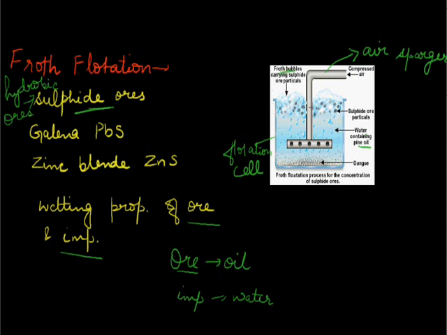So this is very visible in the diagram. These are sulfide ore particles which are appearing in the form of bubbles. While the impurities, on the other hand, because they are wetted with water, remain suspended in the water and oil mixture as it is. Sometimes, because the impurities are generally heavy, they get settled at the bottom, which has been denoted by gangue, which is another name for impurities. So in this way, ore and impurities are separated from each other on the basis of their differential wetting or their preferential wetting or difference in their wetting properties.